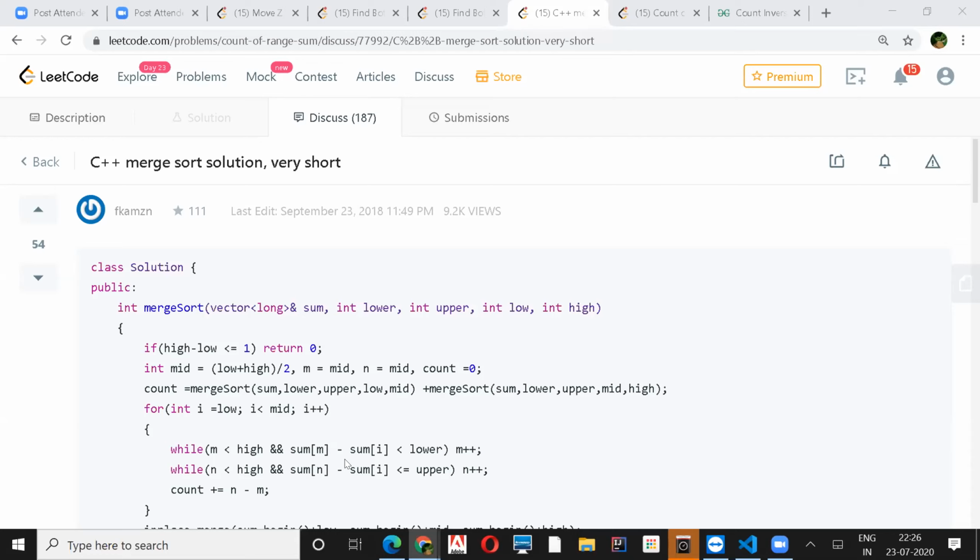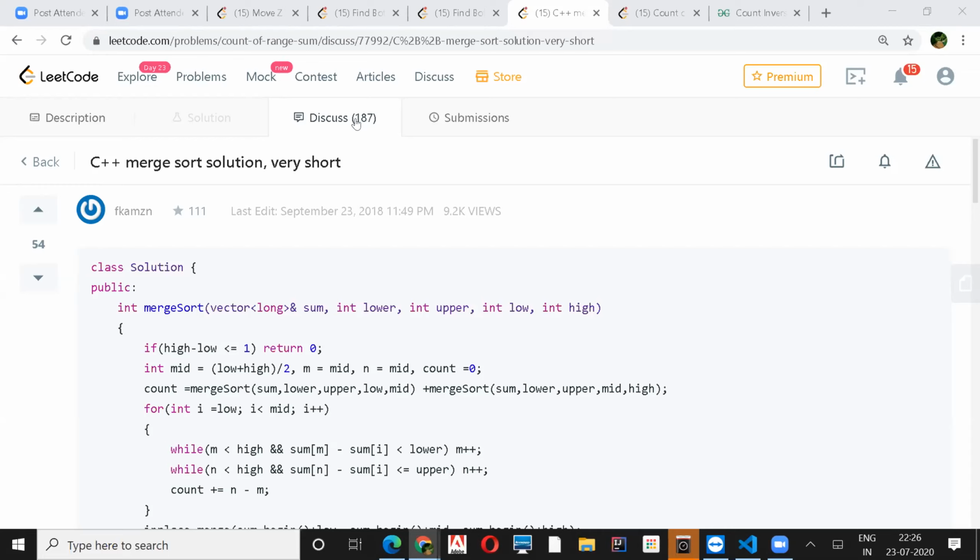Yeah. So first this is plain merge sort, and in the third line where we are saying count equals merge sort of the two halves, it ensures that the first half is sorted. And this for loop is trying to find two points N and M, which ensure that from N to M, the cumulative sum falls in the correct range.